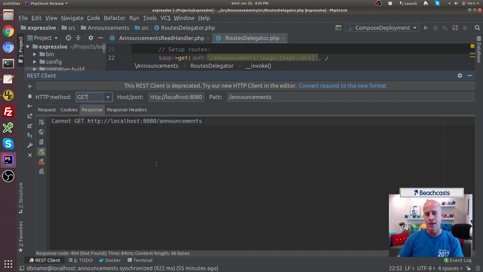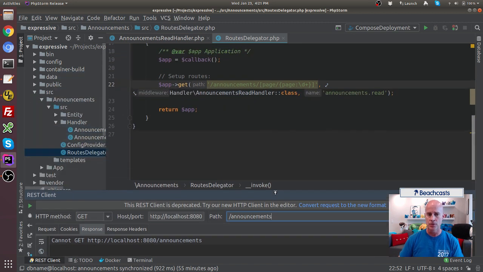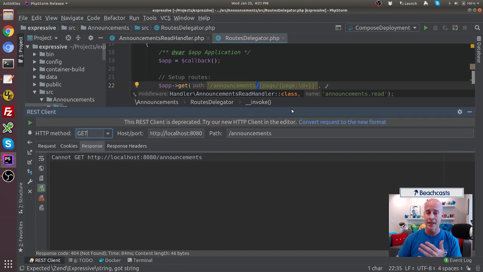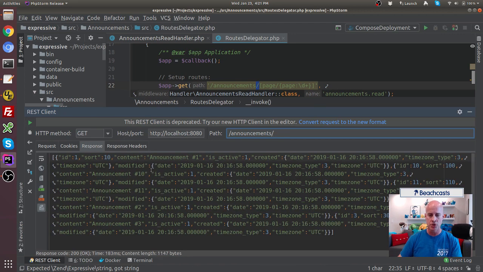Now, I'm getting an error right here. It's saying it cannot get the results, and that's because in the past, we didn't need the trailing slash on here. If you recall, that was conditional. In the route, I had this slash as being conditional. However, now that I'm expecting page to be in there, that can't necessarily be conditional. So I'm saying instead now, I expect it to be there. So now I'm going to add that slash here and run that request again, and sure enough, we get our